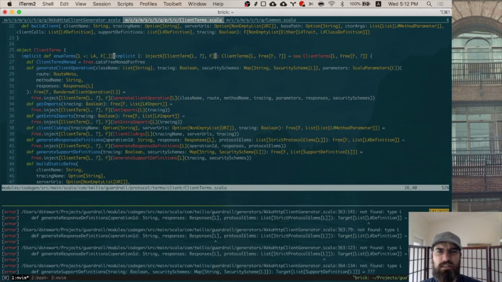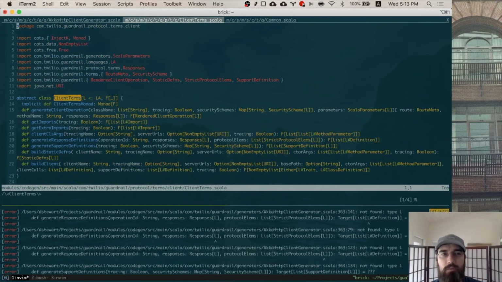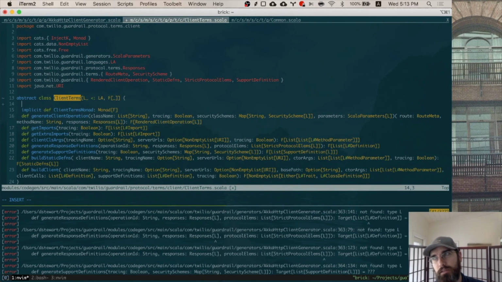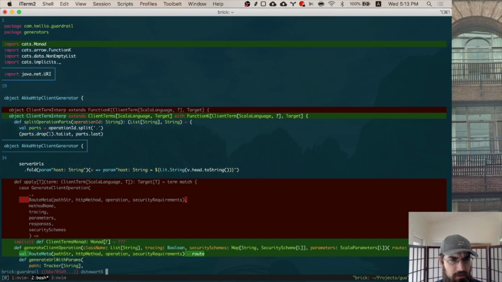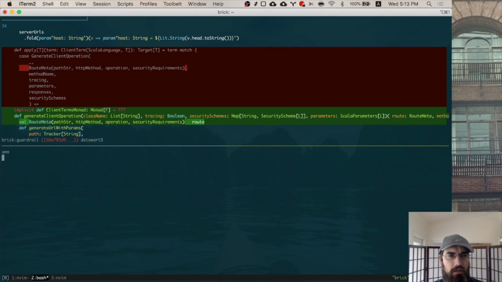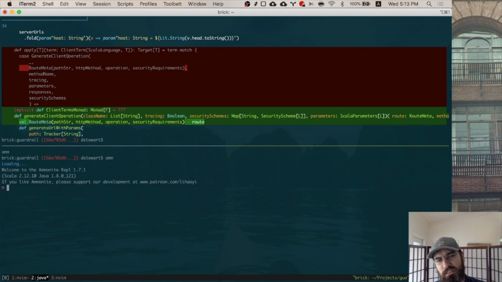Oh, that sucks because now we don't even have. I don't like that. We're going to have to do like L underscore so that we can have a disambiguated. Actually, that's a question. If I let's do